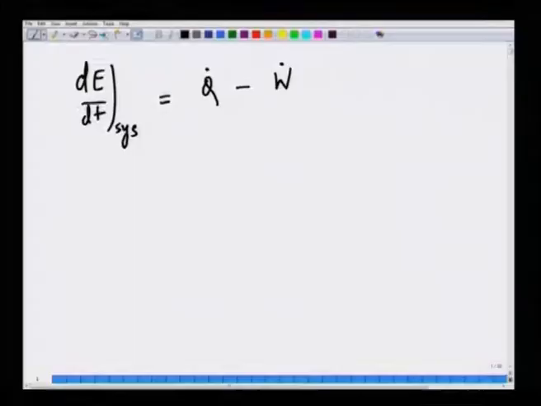So, that is why you see a negative sign in this expression for the first law of thermodynamics, while if you use the other convention that work done on the system is positive, then you will have a plus sign. That is a sign convention that can also be adopted, but we are going to follow this sign convention, which is typical in many engineering contexts. Then we use the Reynolds transport theorem